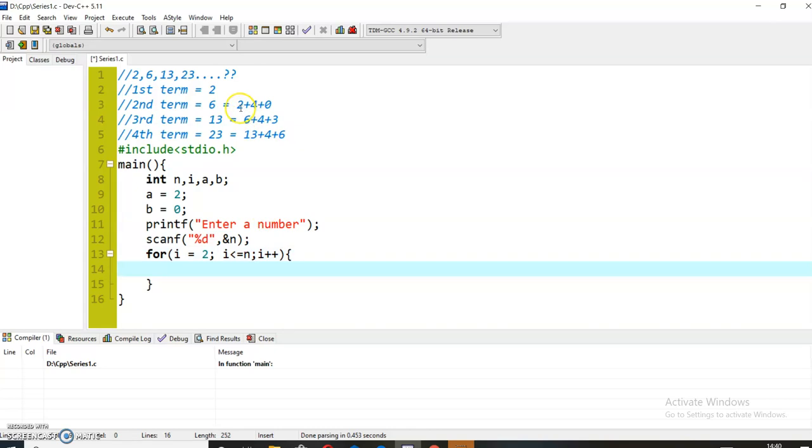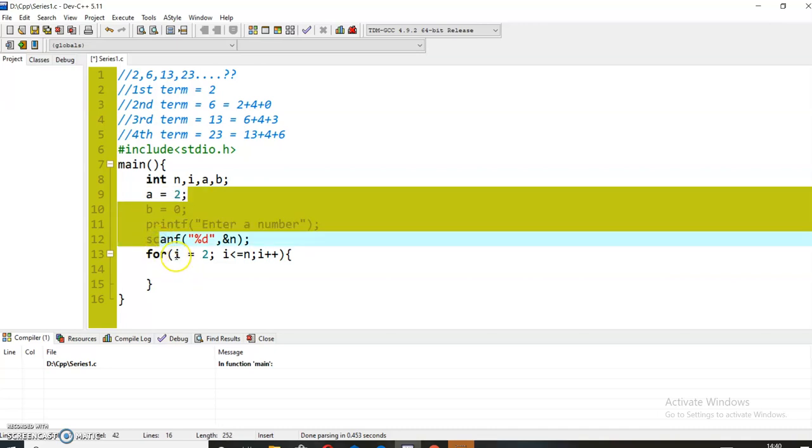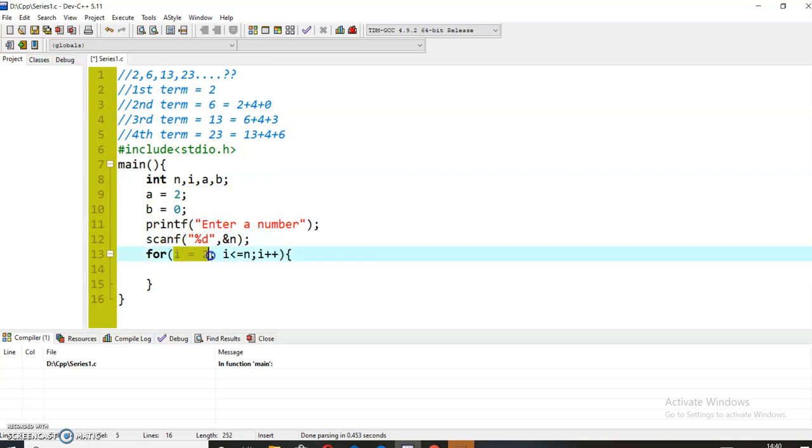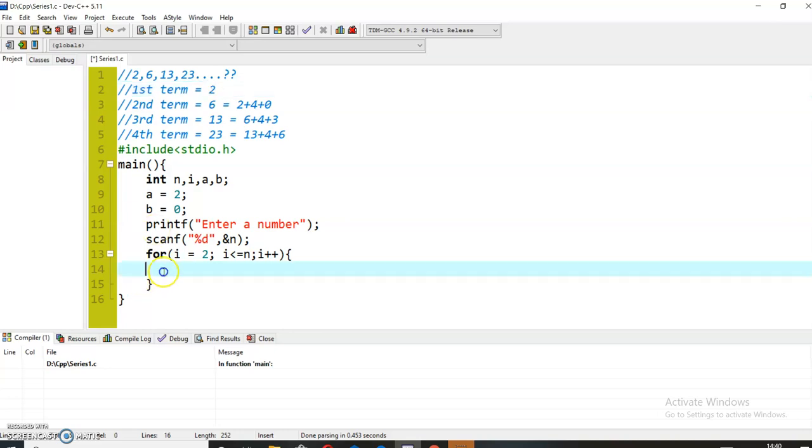The first term is itself 2, which we have stored in the a variable. That's why I have started the loop from the second index. I have left the first index because I already know that the first term of the series is 2. Now I have to find the second term of the series, and so on.